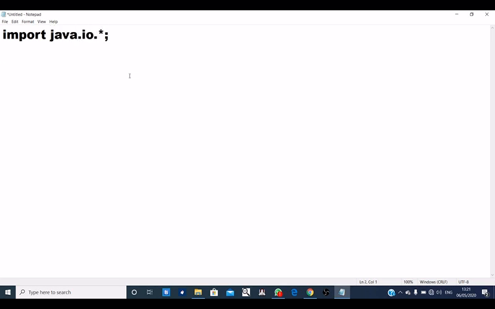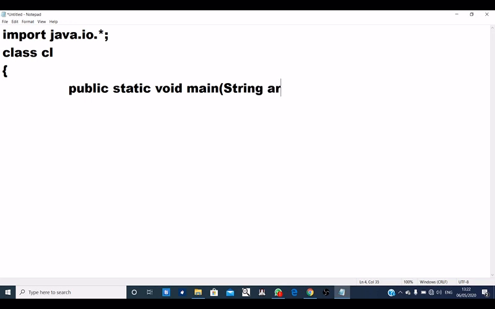java.io.*. This is the very first line that we have to write. Class CL, public static void main(String[] ar). And a couple of days ago I told you that whenever we have to use BufferedReader, then with the main method we have to write throws Exception.